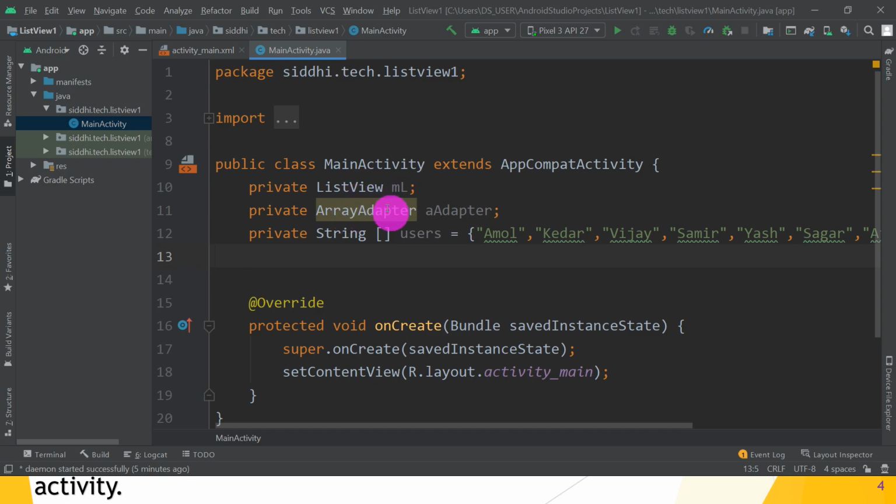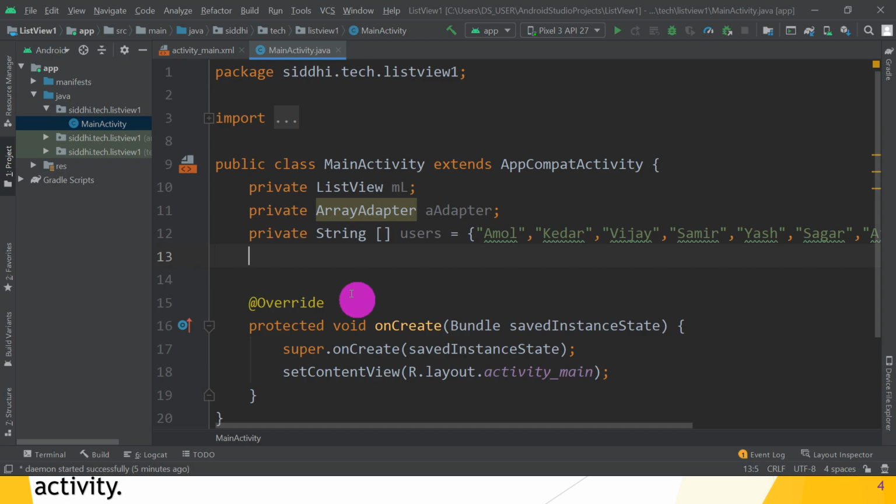Okay, so now first we have to create the list view reference, then we have to create the array adapter reference, then you have to create the string array users reference variable. Now these are reference variables because they store the actual address of the object. So the list view, adapter and users are reference variables which store the reference of the objects. Hope you understand, guys.